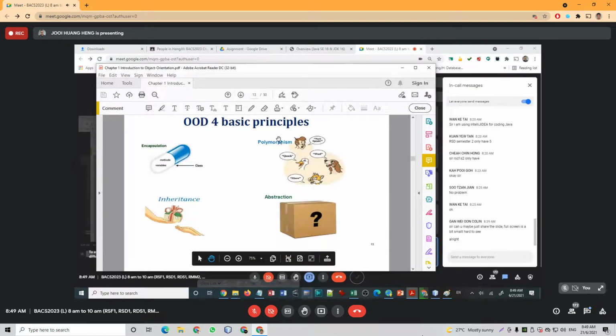Okay, so this is some symbol. This one, for example, and this one, method and variable here. I already told you they have other names like data members. All refer to the same thing. So we pack inside the class all the methods and variables together in a single unit. That's called encapsulation. And polymorphism, as I mentioned just now, you inherit from parents, but the way